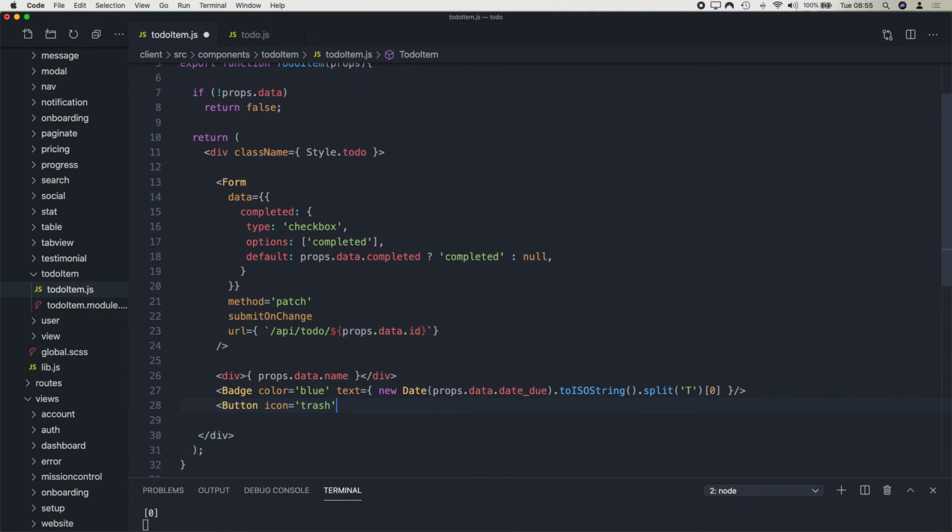This time we'll use an icon. So this button comes from Gravity. We just pass in a few props, and then Gravity will create the button for us. And then we'll create an anonymous function, and we'll